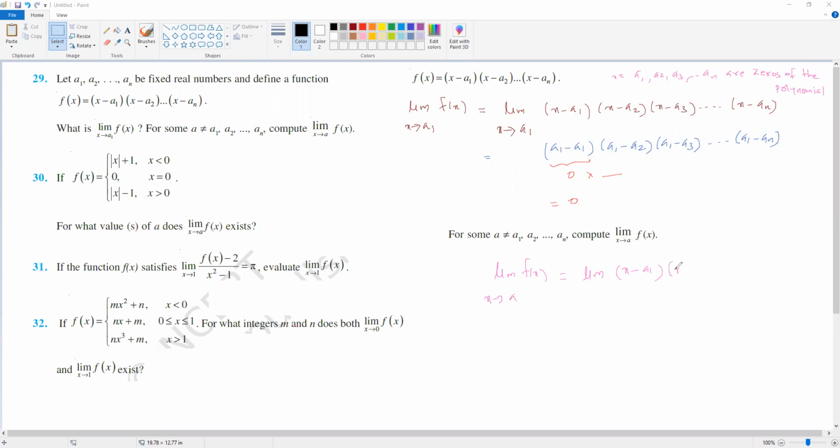सो किधर जाएगा? बोलो, where it will go? Direct substitution, a minus a1 into a minus a2 into etc into a minus an. Okay, got it? a1 a2 a3 एक्सेट्रा an कोई भी पॉइंट को अप्रोच करेंगे तो फंक्शन का वैल्यू जीरो में जाएगा